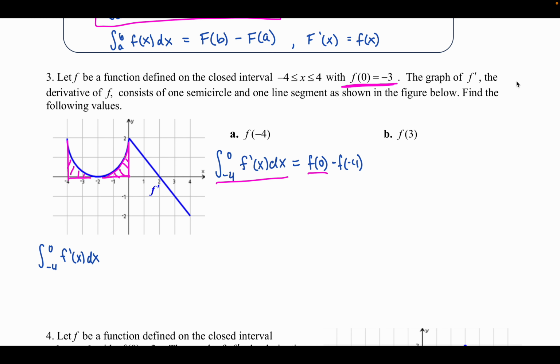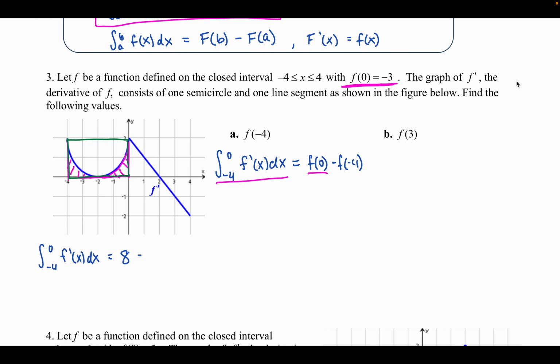So if you want to take a moment to pause the video and think about how we would find that area, you can. What it's going to be is that area in pink is going to be the area of the whole rectangle, which would be 4 times 2, so it would be 8, minus the area of